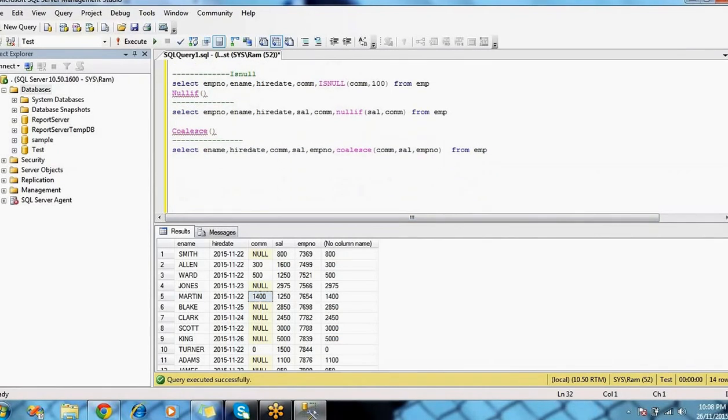Got it? Right. So these are some of the string functions. We have one more, the round function. So what is the purpose of the round function? For example, if you have one variable